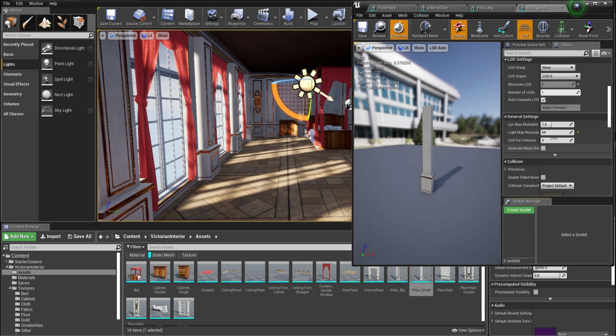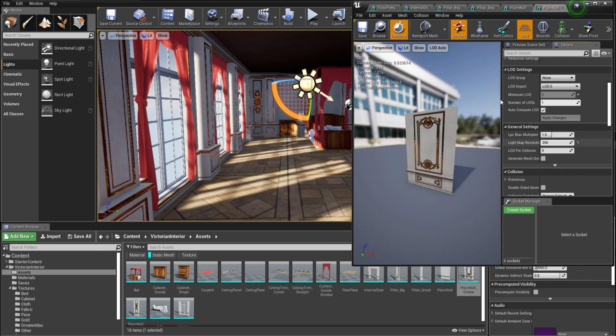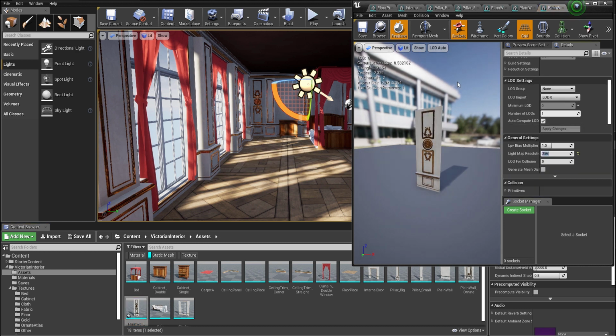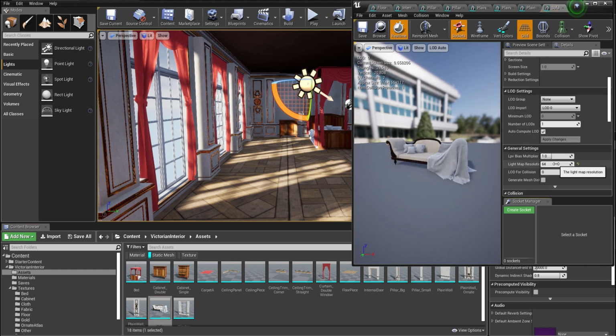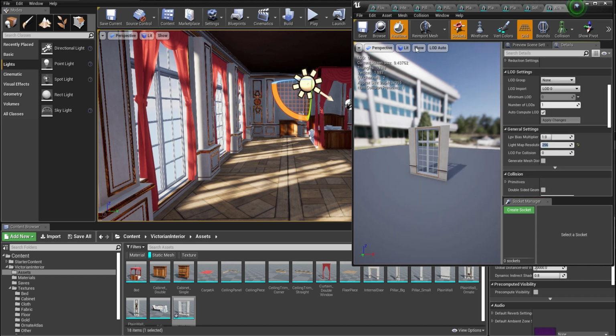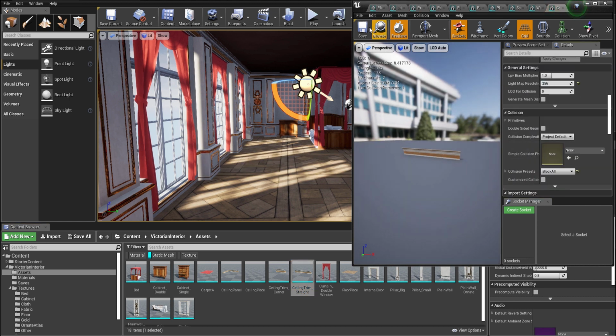And I will do this quickly. I will just open it, scroll down, type in 256 and save. 256 should be enough. You can go crazy if you want, when it's a portfolio piece, but of course the bigger you make them, the longer it takes to bake lighting. So let's set this light map resolution to 512 because it's quite a complex model. These pieces can go back to 256, and here we have, don't forget, our ceiling trims, 256,